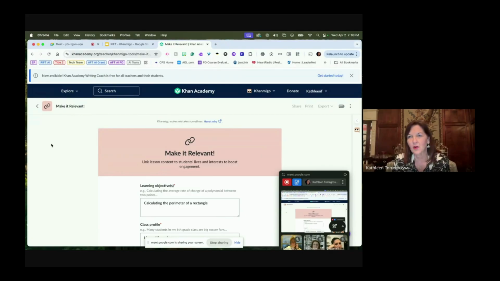So the kids will say, oh, okay, I got it, I'm using it for this. And if you're measuring the perimeter of your classroom because it's a rectangle, what might this be used for? Well, maybe I want a rug and I need to know the size of the rug. Exactly. So it gives you an idea of how to make it relevant to your kids. I just think that's a very powerful tool as well.